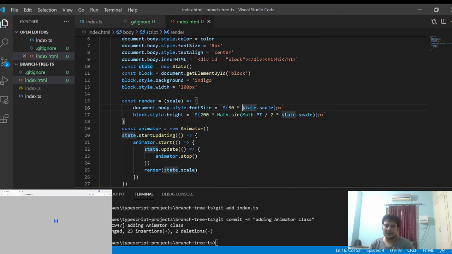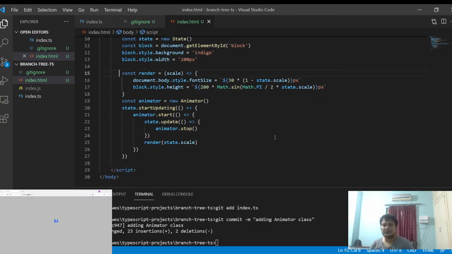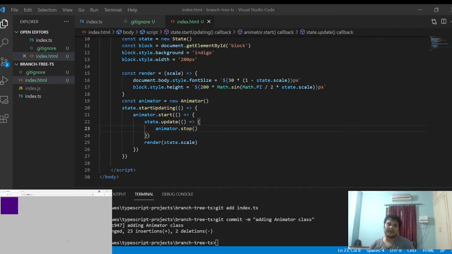And this one also, I can have something called linear. Let's see how it behaves. Yeah, this is how it generally behaves. Instead of Math.PI, I'll just add Math.PI. So this will be another good way to begin.